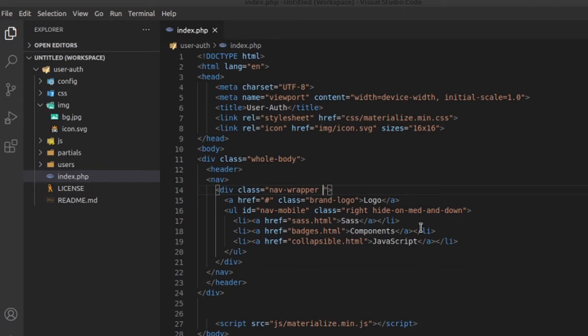Okay, next change the color for our navbar. 311B92, deep purple, darken 4,